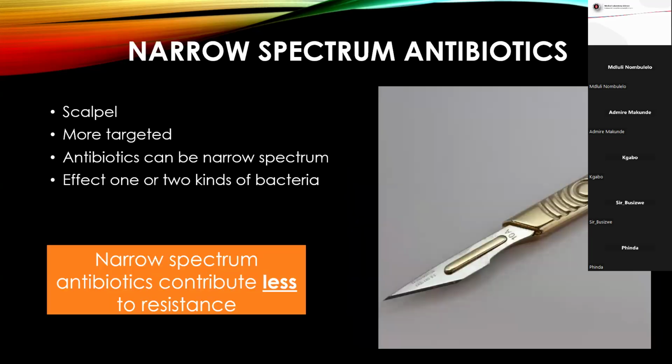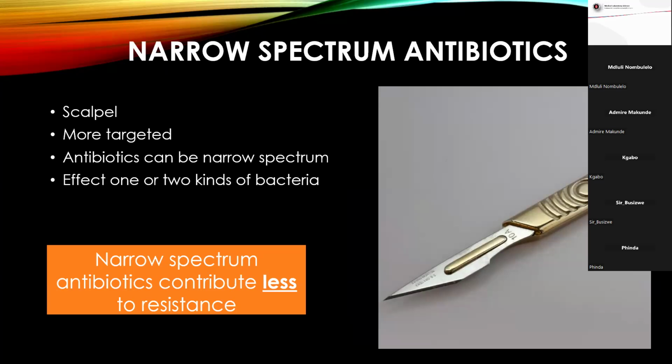Then there's also a narrower spectrum. So this is where the laboratory comes in. The laboratory is trying to pinpoint, without affecting other organisms, only the organism which is causing the infection and is resistant to certain antibiotics. So narrow spectrum antibiotics are the best choice when antibiotics are administered. They don't have an effect on the normal flora, or on the other organisms,